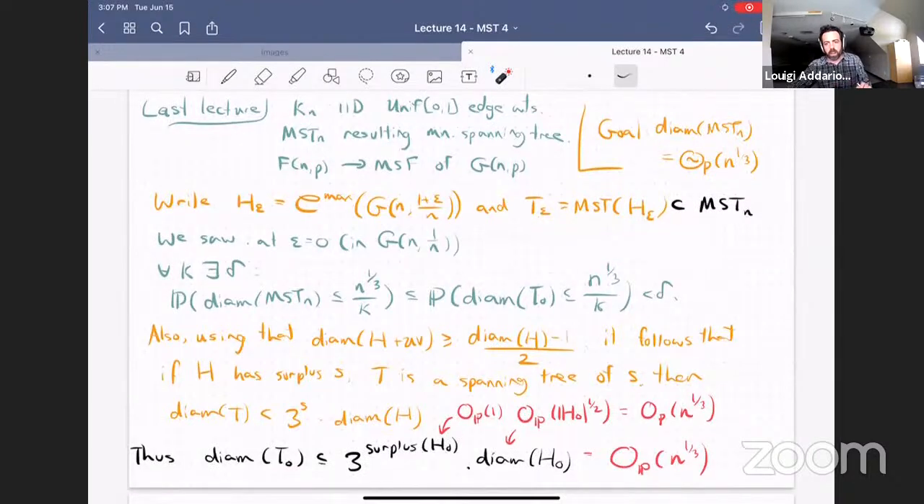We're going to have to work harder to get a bound on the whole minimum spanning tree. But it's at least a first step. Okay, and we can actually do a little bit better than just looking at the diameter at epsilon equals 0, because